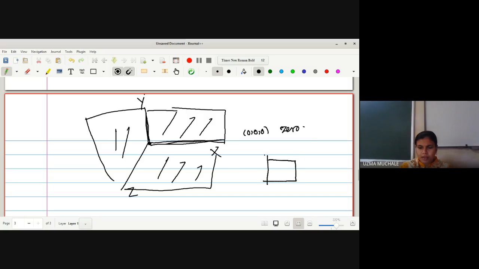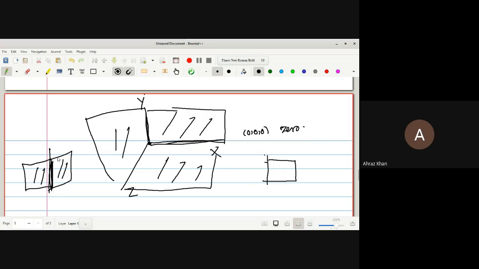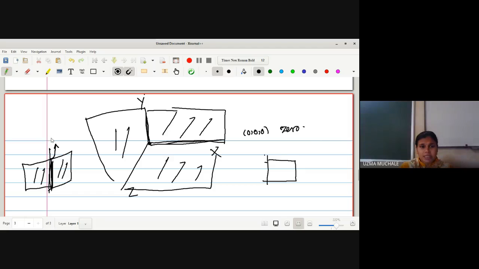Okay, suppose I am working with only two planes. Assume that this is one plane, this is some another plane. So what will be the common solution for these two planes? It is a line. But how many points are there on this line? Infinitely many. In this case, we get infinitely many solutions. And here, in this case, you get the zero solution.